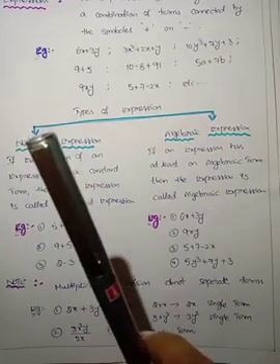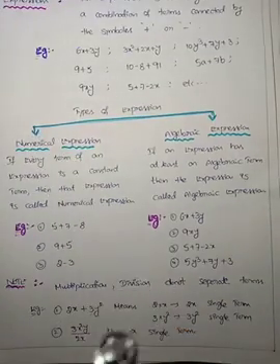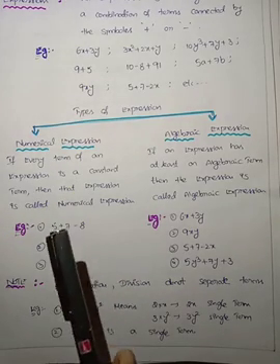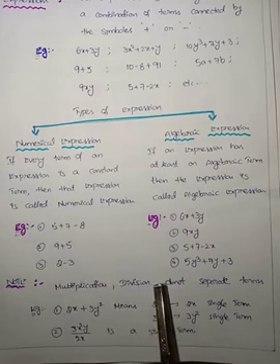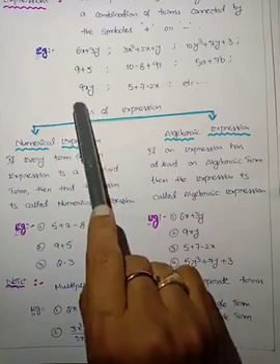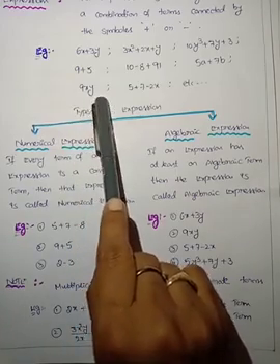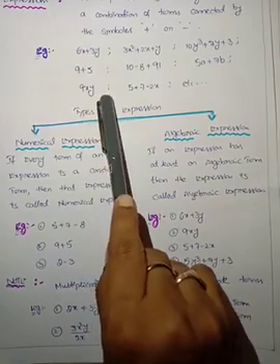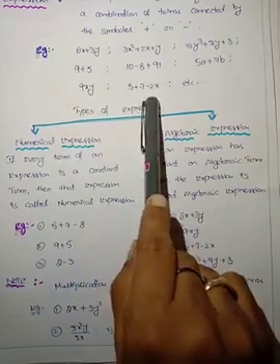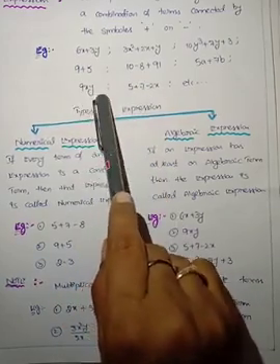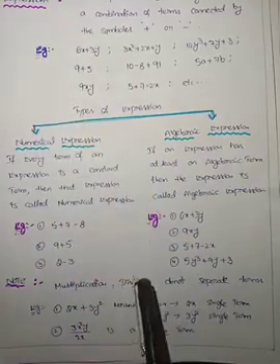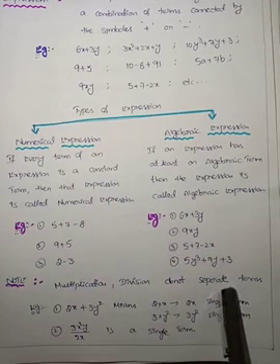But you have to remember one thing. When we decide the terms, if there is a multiplication or division, do not separate the term. Here is 9xy. 9xy means 9 into x into y. So don't say 9 is one term, x is one term, y is one term, because in 9 into x into y, we don't separate the 9xy. Multiplication and division do not separate terms.